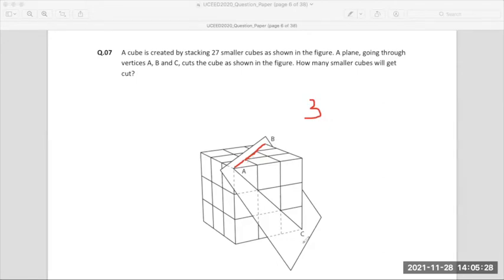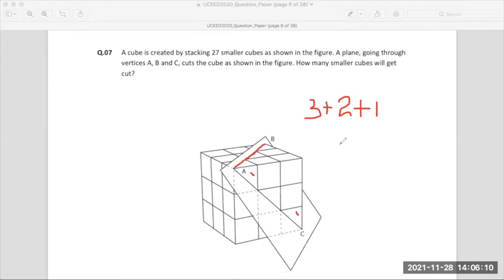BC वाला जो लाइन है उसमें कितने क्यूब्स कट रहे हैं? Don't count the cubes that we counted in the AB part. 2. Then AC वाला जो लाइन है उसमें कितने क्यूब्स कट रहे हैं without counting the cubes that we have counted? 1. ऊपर वाला हमने काउंट किया, नीचे वाला हमने BC वाले में काउंट कर लिया है. क्या आएगा आंसर? Anything more is not left.